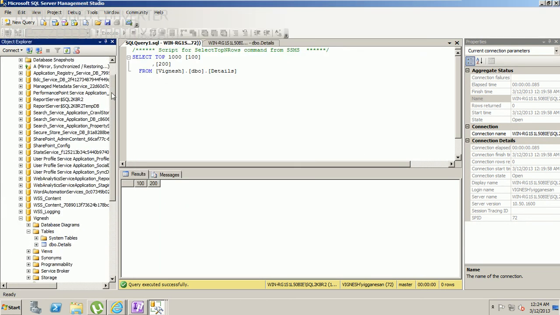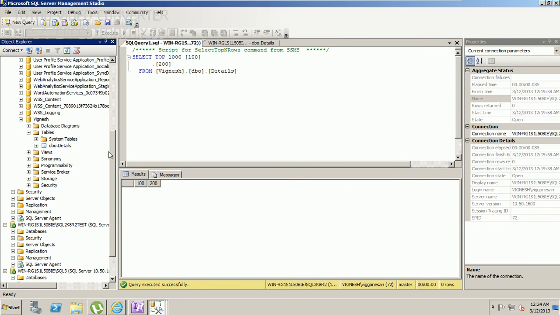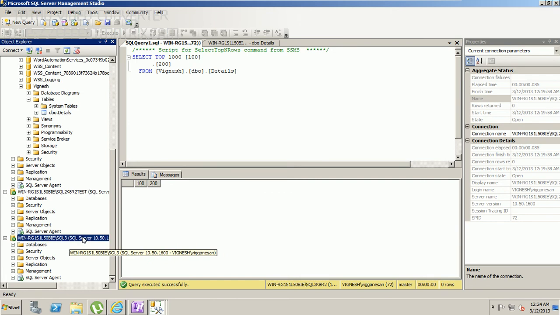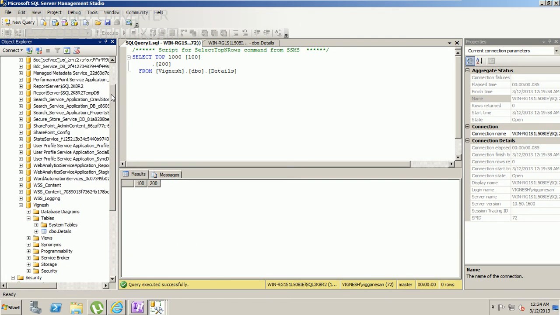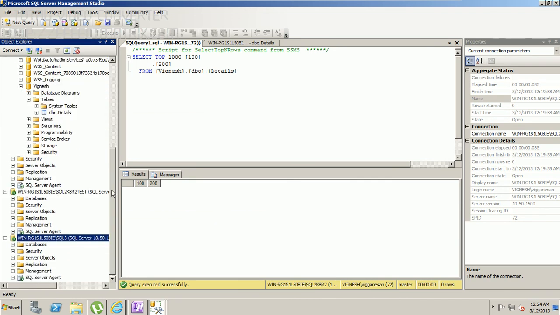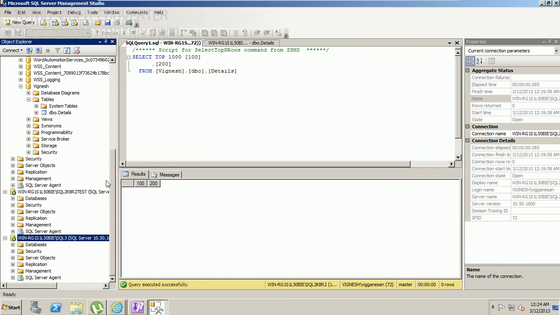So as you see, this is the primary server. SQL 2K8R2 is the primary server, and SQL 2K8R2 test is the secondary server. This will be acting as the mirror server, and we have a witness server here. Let me tell you the job of the witness server once we are configuring the database mirroring. As we are done taking the backup and restoring it in the mirror database, let me go ahead and configure database mirroring in the primary database.